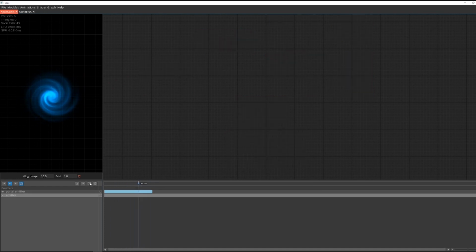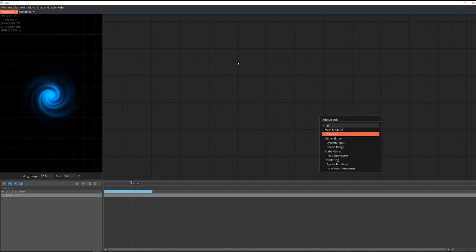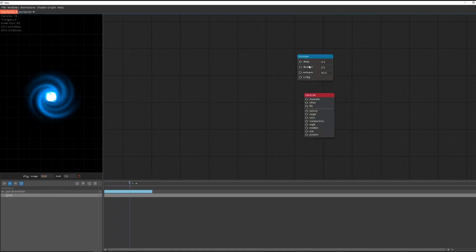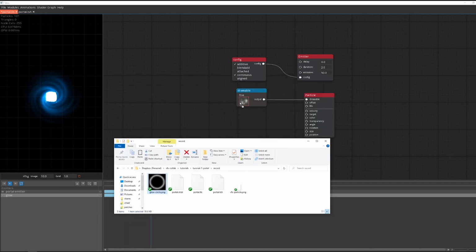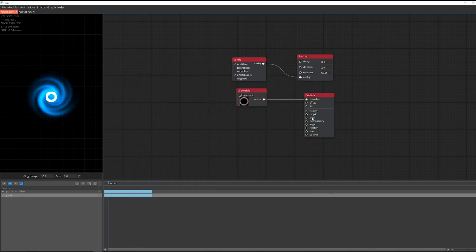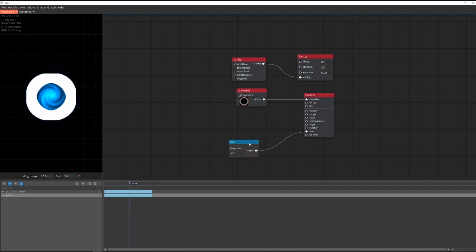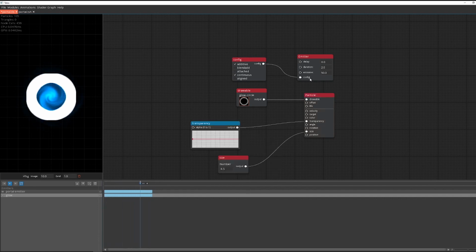A particle effect here can have multiple emitters, and we can add some more stuff to it as well. That would be a glow ring to specify boundaries, and also add some kind of flow of particles going to the center. Let's start with a glow effect. For this one, I'm going to use a texture that I made before in Photoshop. It's just a circle with some glow on it. I'll set the size to 4.5 using a number node, and for transparency, we're going to use a curve just like we did before. This also needs a smaller emission